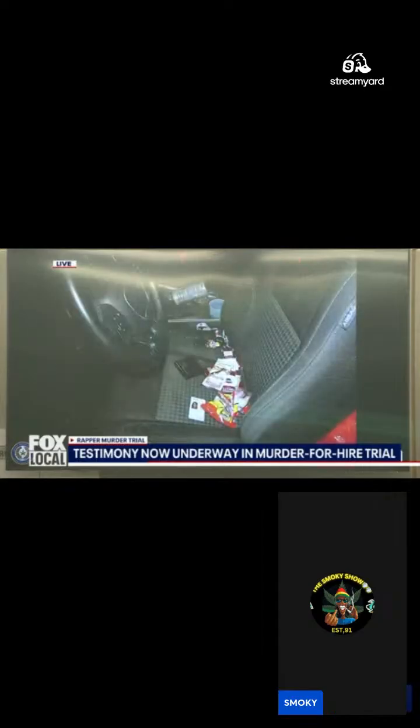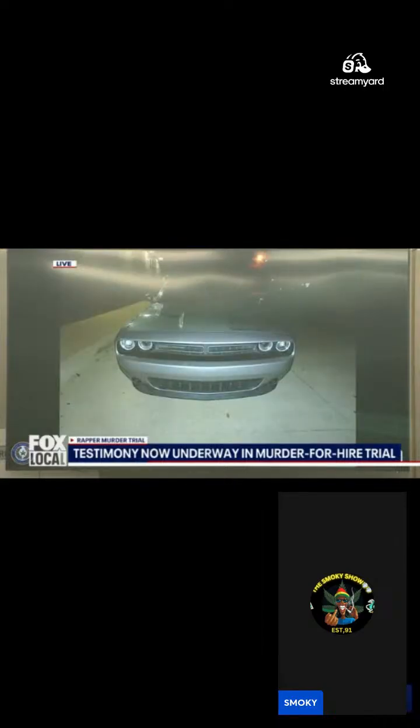State's Exhibit 638. That is the driver's side of the Challenger, sorry. 639. That's a photograph of the front end of the Challenger. State's Exhibit 640. Yes, that's the passenger side of the Challenger. State's Exhibit 641. And that's the back displaying the license plate. State's Exhibit 642. And that's the driver's side.